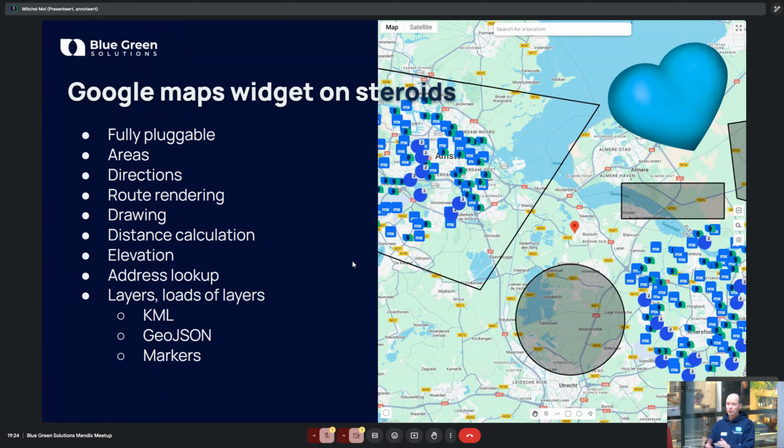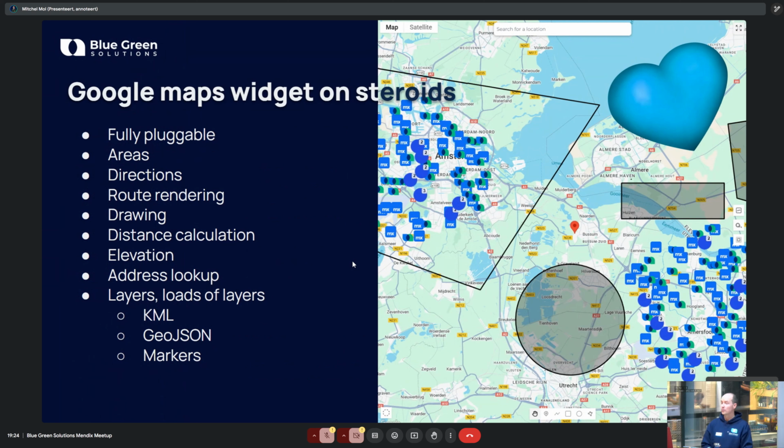And then one of the widgets we built alongside Jelte, Jelte, as I like to call him, widget king, who has built many very nice widgets and unfortunately left Mendix at some point. We built the Google Maps widget for us.